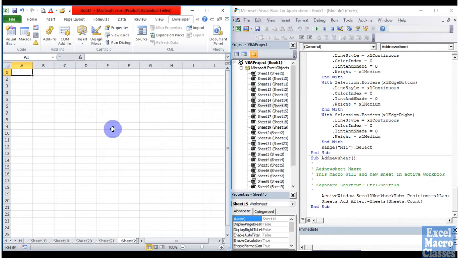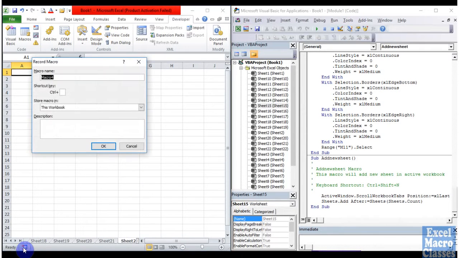Okay. Now I want to record one macro which should delete the active sheet. Active sheet means the sheet which is appearing on the screen. Okay. So record macros, delete sheet, and